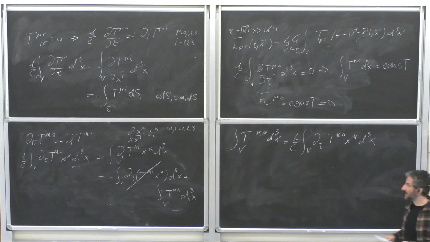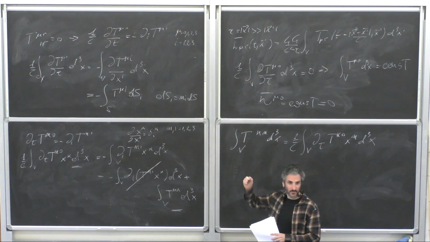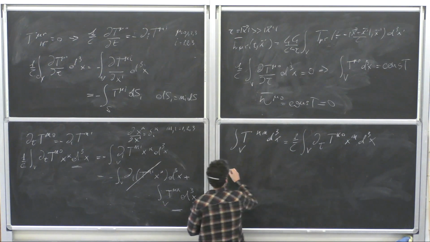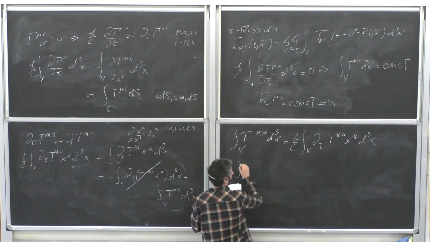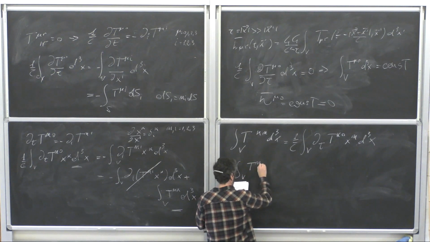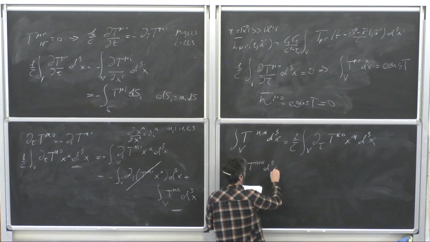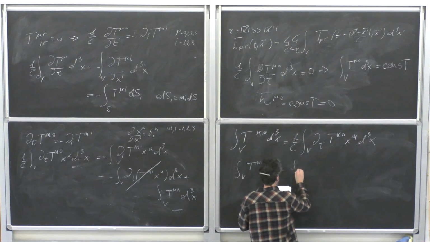The two are exactly the same, so I can sum up the two, and let me write this in this way. The integral over V of T^{nk} d³x is equal to 1 over 2c